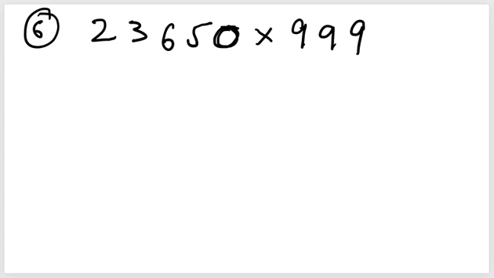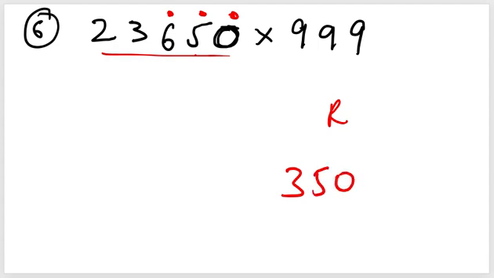Here I'll do the same thing. This side number is more and this side number is less. They are all 9s, so we can use this formula. They are 3 digits, so I'll first identify the 3 digits from the last and take the complement. Now here I have a 0, so when you are finding a complement, the last from 10 should be non-zero. So whenever you have zeros at the end, just shift your strategy to the latest non-zero. So here 5 I will subtract from 10, and 6 will be subtracted from 9. That will be 3, and 10 minus 5 is 5, and 0 will remain as 0. So that is my right side of the answer.